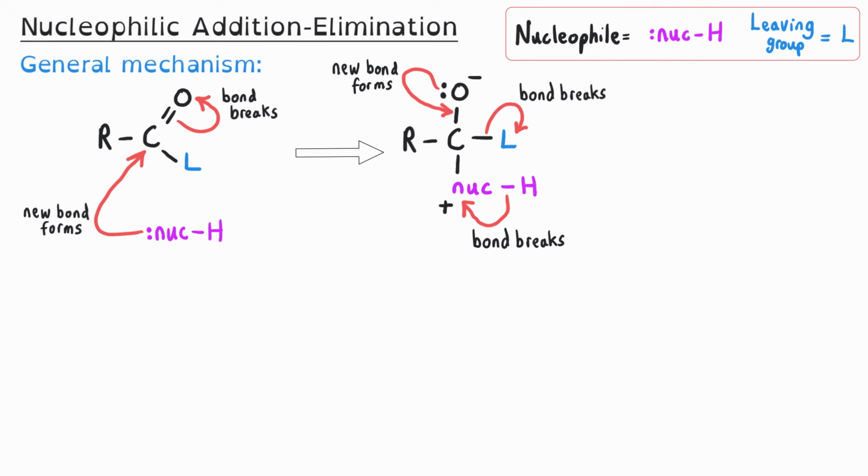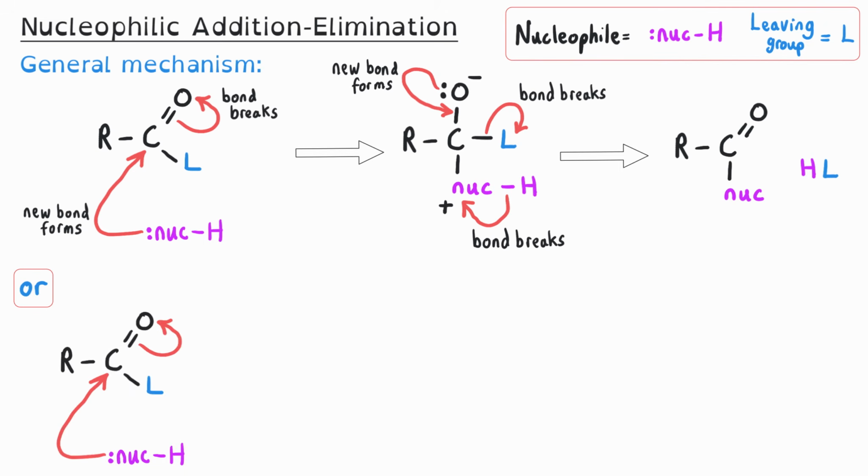bond breaking. And so at the end of the reaction, we've got our acyl group with the majority of the nucleophile now attached to it. And then we've got our leaving group, which would be negatively charged and have a lone pair of electrons, and we've got the hydrogen that was lost as a result of the deprotonation. These two ions would come together and produce a separate molecule, which would be the byproduct. This is my preferred way of showing nucleophilic addition-elimination mechanisms, but there is an alternative which takes place over 3